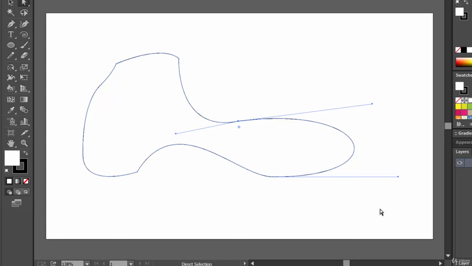Number 2, control key. For which purpose is the control key used? Remember to select the direct selection tool while working with the pen tool. And we already know that using the direct selection tool we can control the handles and the anchor points; we can move the anchor points and the control handles like this. While moving the control handles, we have seen that it affects both paths associated with that specific anchor point.